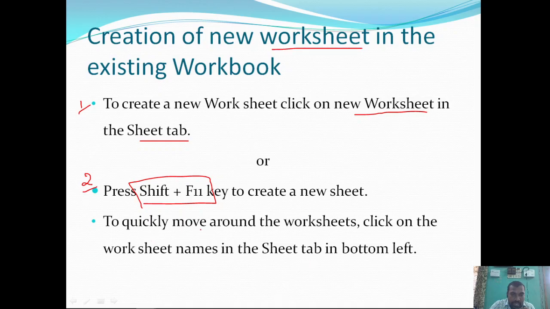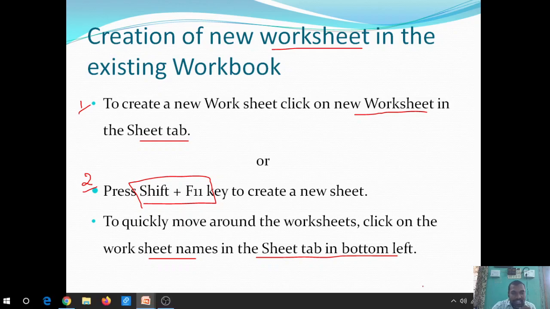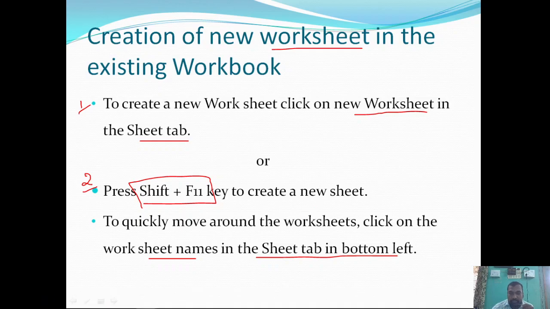To quickly move around the worksheets, click on the worksheet names in the sheet tab at the bottom left. If you want to move around the worksheets available in your workbook, just use the mouse to move around the worksheets by clicking on the worksheet names.